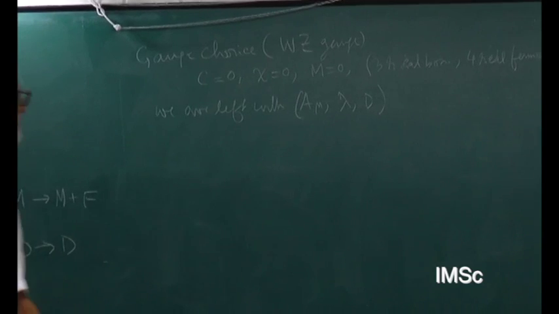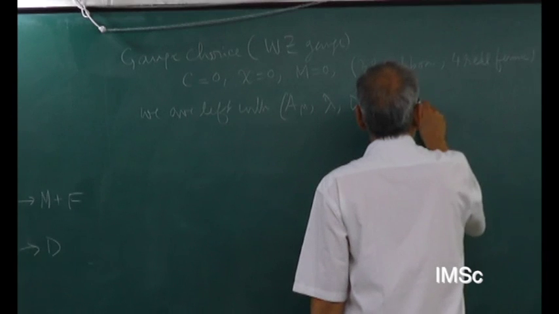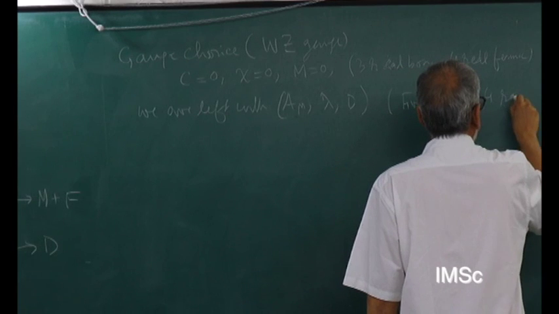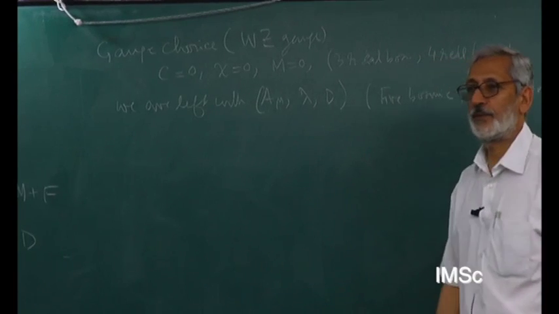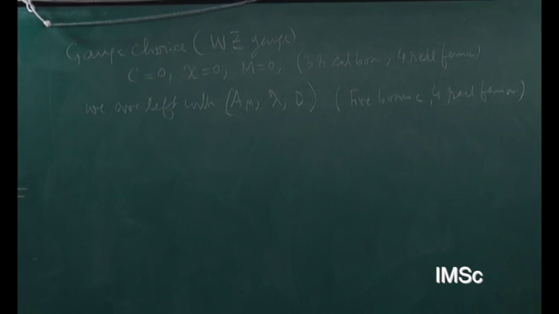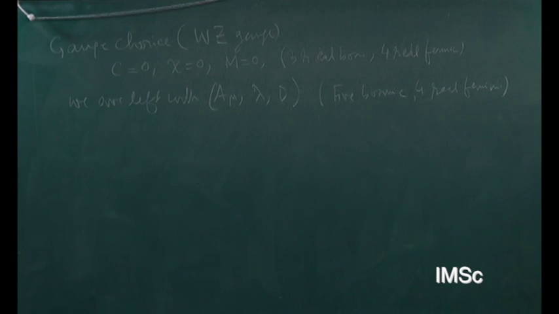And we are left with 4 and 1, 5 bosonic and 4 real fermionic. This is not Bose-Fermi equality. There is no Bose-Fermi equality. That's because of gauge choice. If you want Bose-Fermi equality, then you keep all these objects. And if you keep all these objects and then set up supersymmetry transformations on them, you will realize the supersymmetry algebra